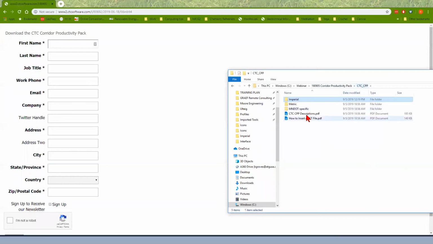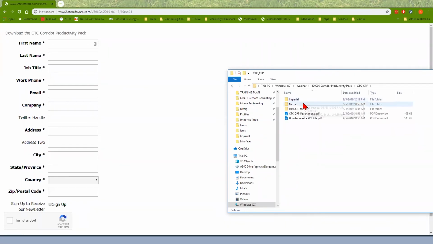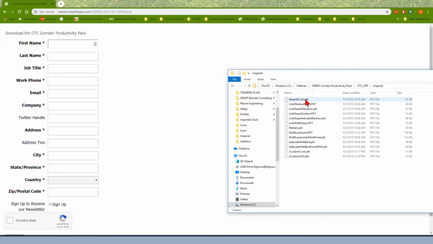What you'll get is a zip file. Simply extract that zip file, and what's left in there, you'll see these 3 subfolders: Imperial, Metric, whatever else, and then inside there will be these PKT files. From within Civil 3D,